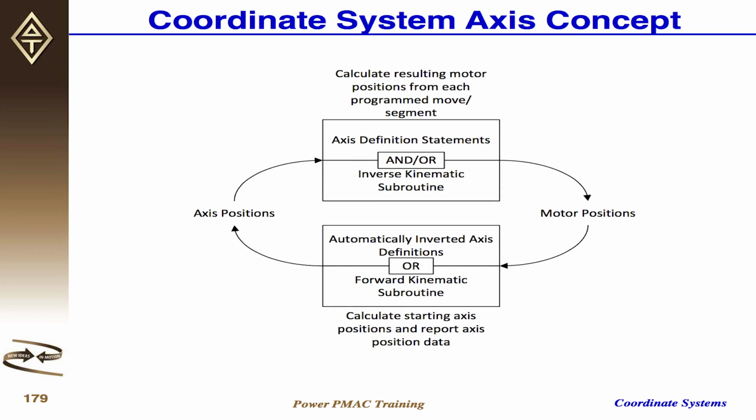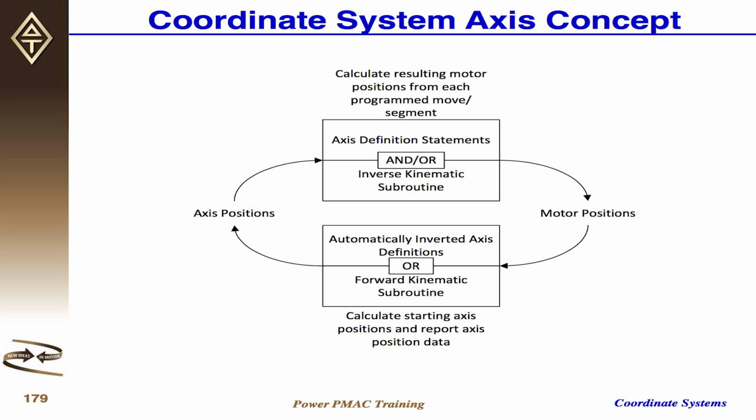The general concept for a coordinate system: you will come up with some relationship between your motors and your physical system. If it's a linear motor you have, it could be as easy as 5,000 counts of this encoder is equal to 1 inch of travel. It could be much more complex than that, but the general purpose of setting all this stuff up and all the kinematics and all of the axis definitions is so that the operator of this machine can come in and